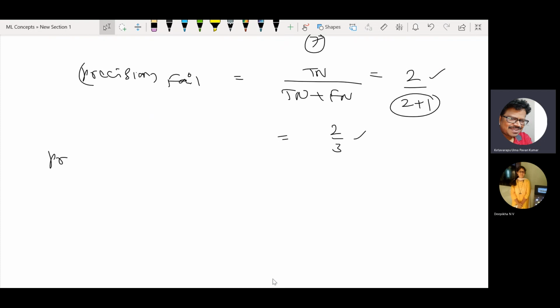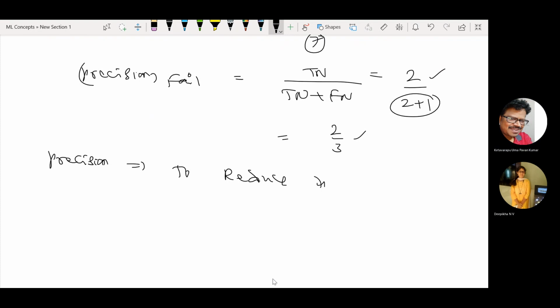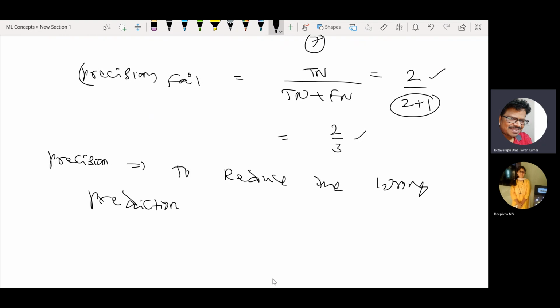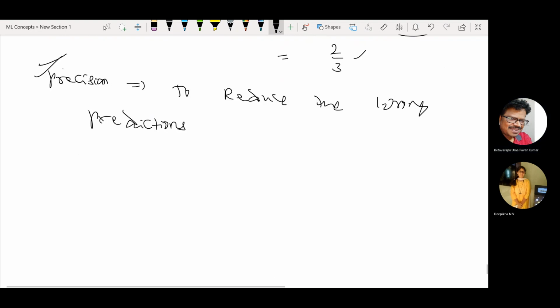So precision's main aim is to reduce the wrong predictions. This is the perfect measure, guys, compared with accuracy, because accuracy is always talking about your correctness. One minute, guys. Okay, I'll complete because this